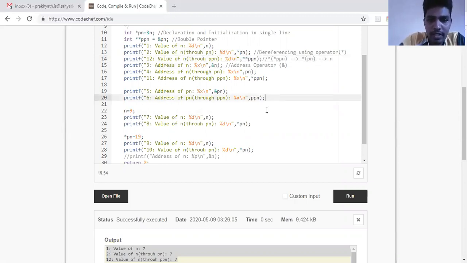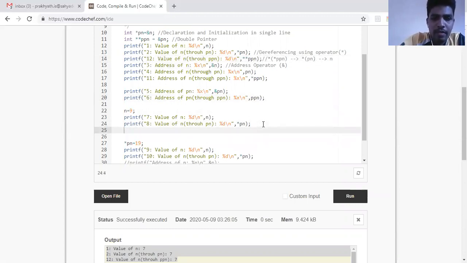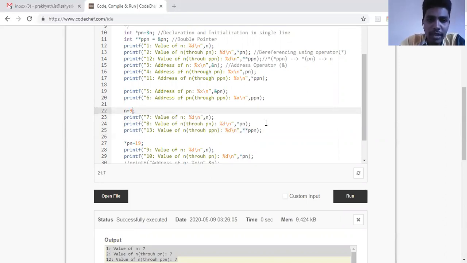Okay. So see here, now I'll change the line number to 13 because it's the 13th line which we are illustrating. So your line number 7, 8 and 13 should all give me the answer 9. What am I doing here? I'm actually accessing n once through n, another time through the single level pointer pn, another time through the double level pointer ppn, and all the three lines will actually give me the same value of n.